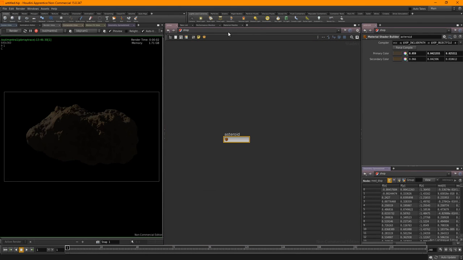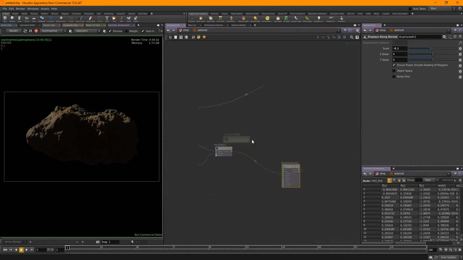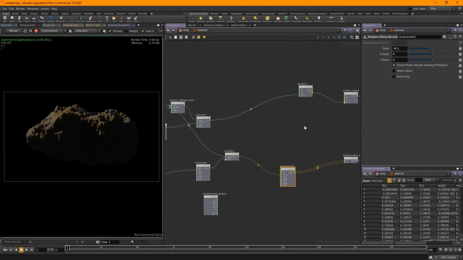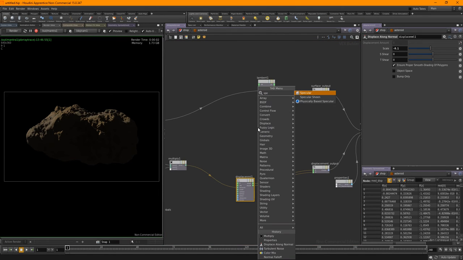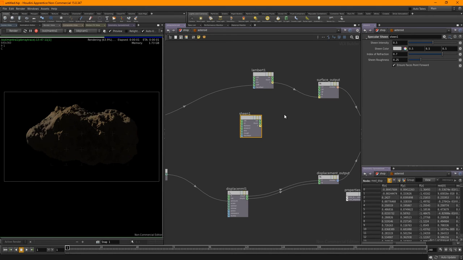So I'm going to jump back up. Spotlight, I'm going to call it Hero Light for the time being, so we know what the crack is there. So let's give it 3 or something like that, because light in space is quite bright. And there we go. Yeah, let's make it a bit more interesting. So let's jump inside. Okay, I want some specularity, but I'll go with the specular sheen because I want it kind of falling off on the edges.